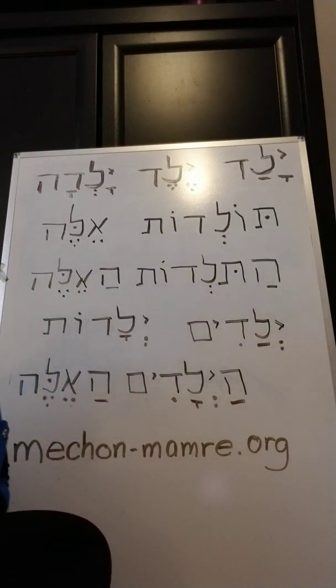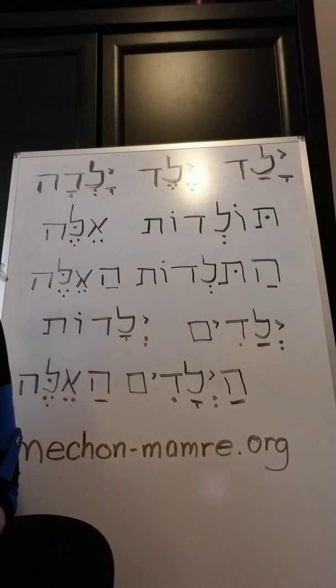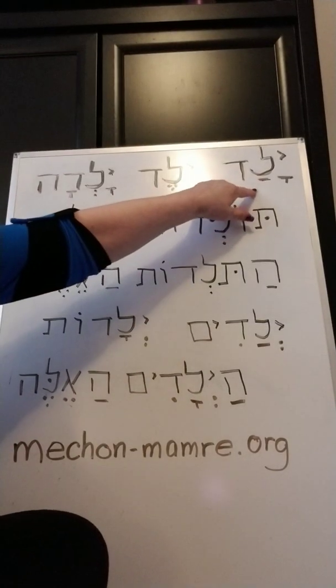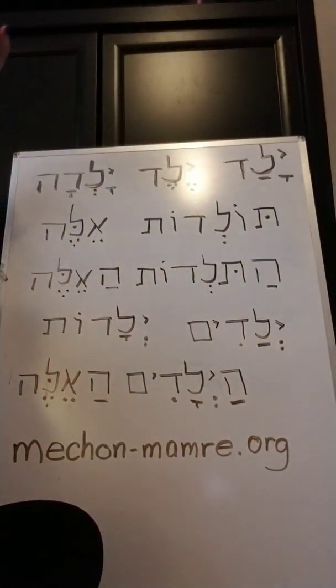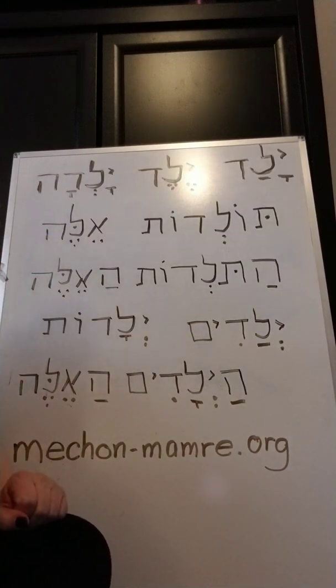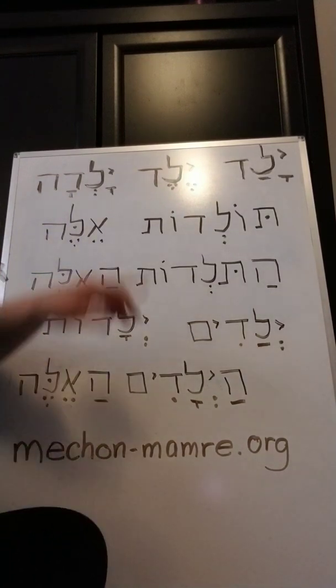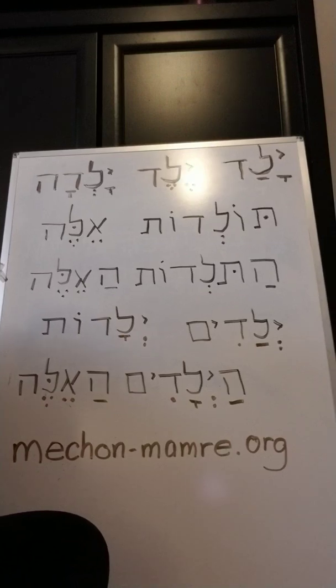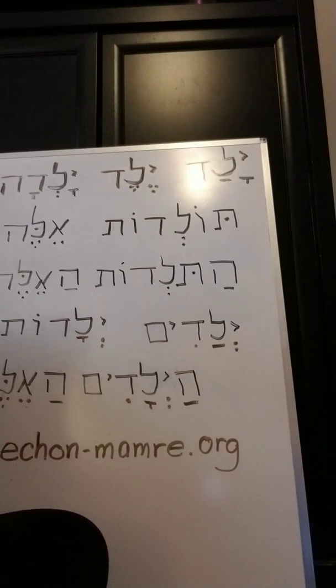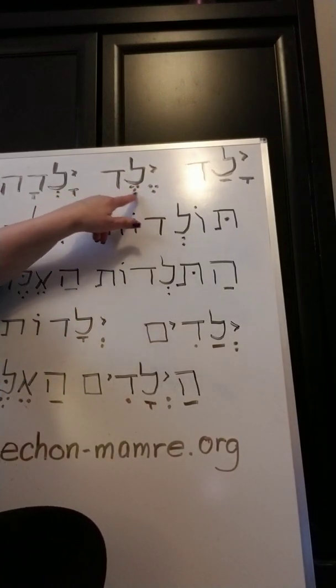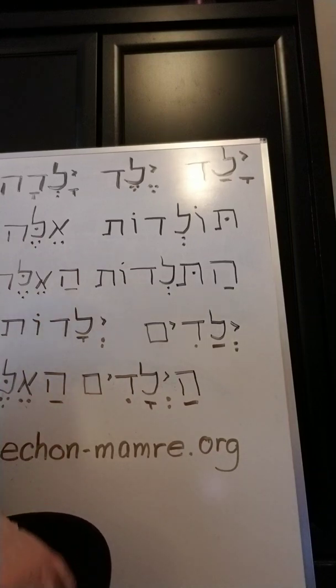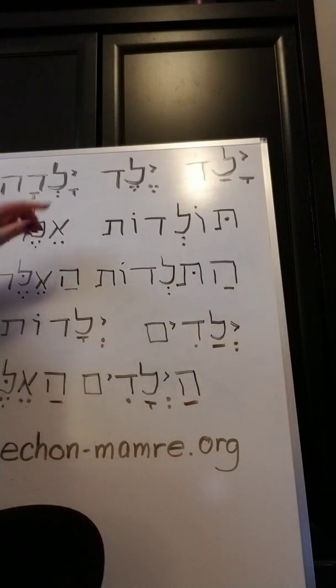It means to bear, to beget, to give birth to, almost anything like that. This is the he begat form, or it could also just be the 3-letter root. And from it, I'm going to shift just that one line where it has kind of a glare. Yeled. That means a boy, because a boy is what you beget.